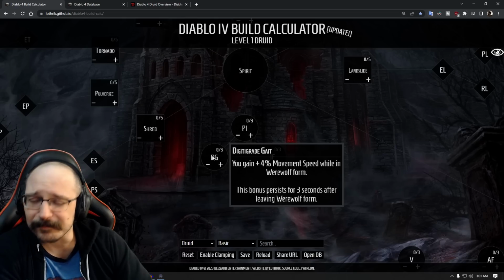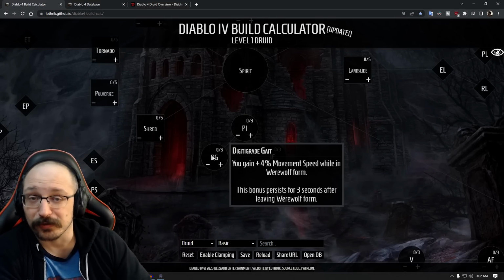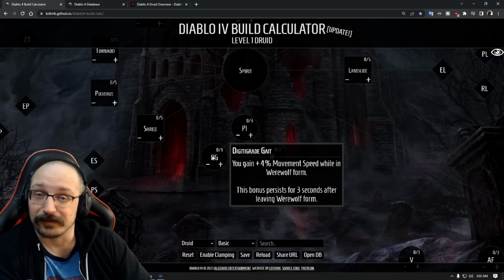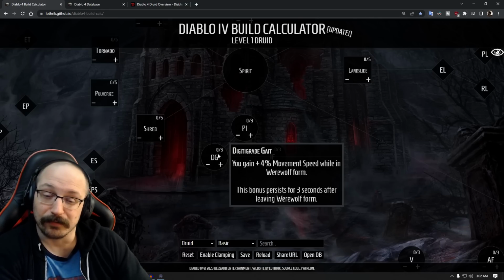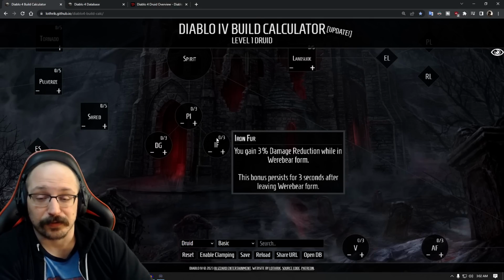Digigrade Gate. You gain 4% movement speed while in werewolf form, and this bonus persists after you leave werewolf form, which I think looks pretty good, especially for early leveling. I don't think we get a movement skill in this particular class until very late, and so this could potentially speed up your character. Iron Fur makes it so that you have damage reduction while in werebear form, and this